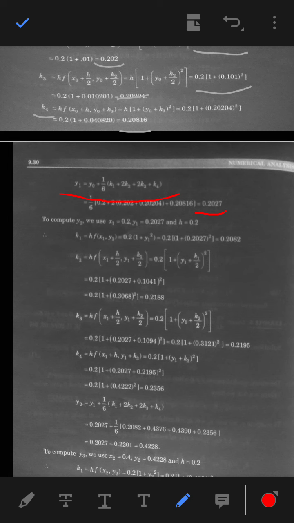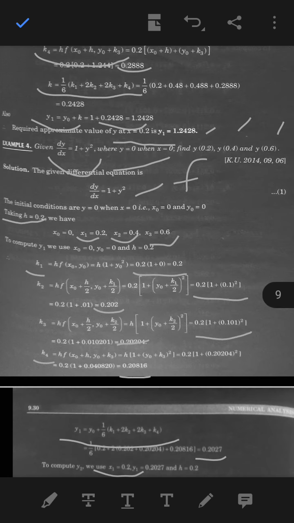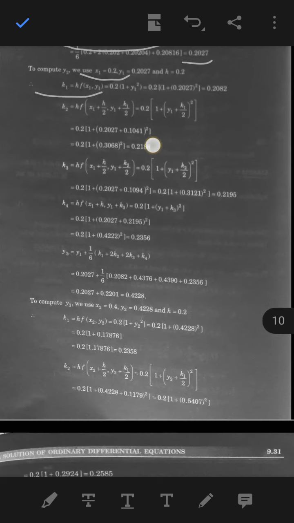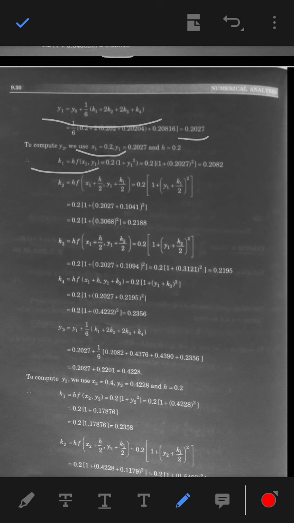But we are to find two more values, that is corresponding to 0.4 and 0.6. So to compute these values, we will now use the values of x1, y1. So our k1 will be h into f of x1, y1. You see that when we find the first approximation, we use the values at x naught, y naught. But here we will use the values of x1 and y1 simply to find the values of k1, k2, k3